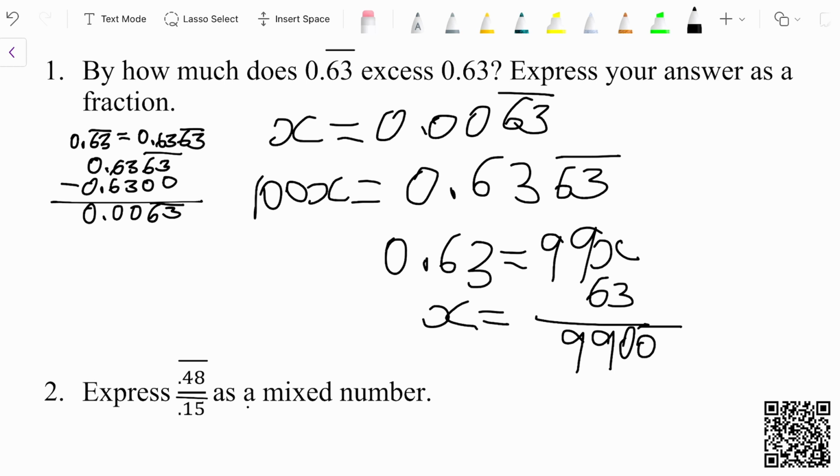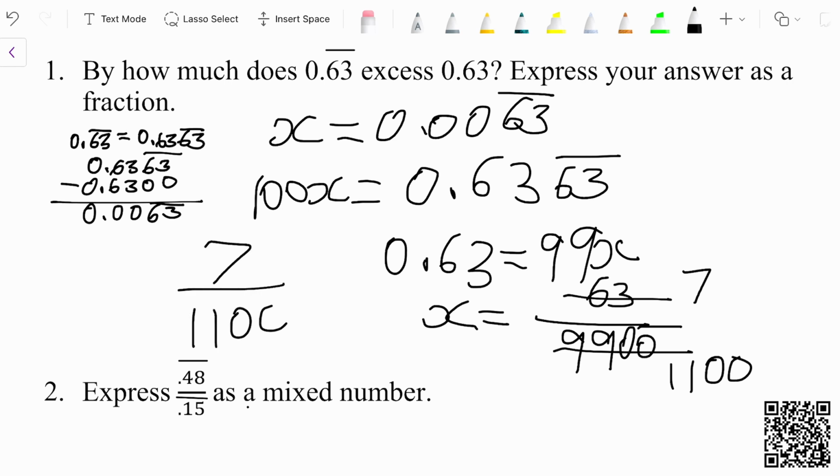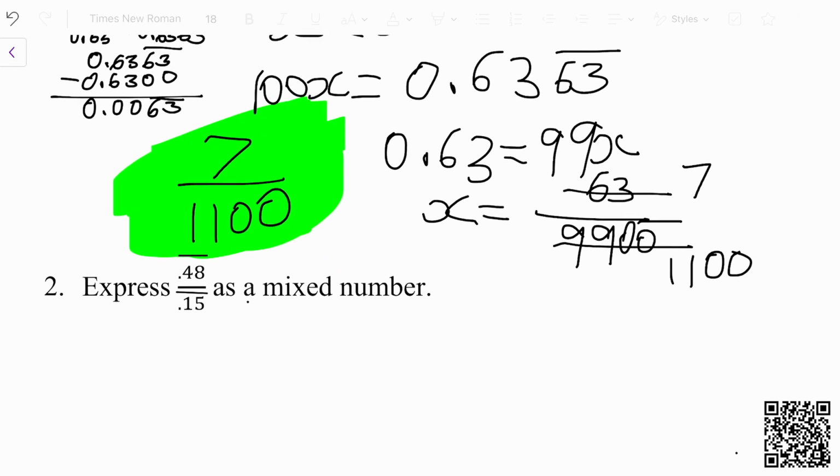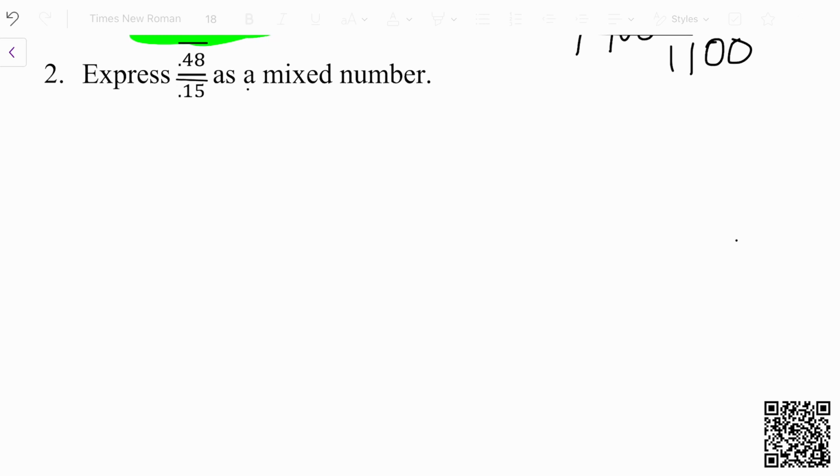And of course, we're not going to leave it unsimplified in this form, so we're going to divide top and bottom by 9 to create 7 over 1100. So our final answer is 7 over 1100. So this is more of a multi-step problem, but one of the simpler ones. So 7 over 1100. The second problem of the day is express